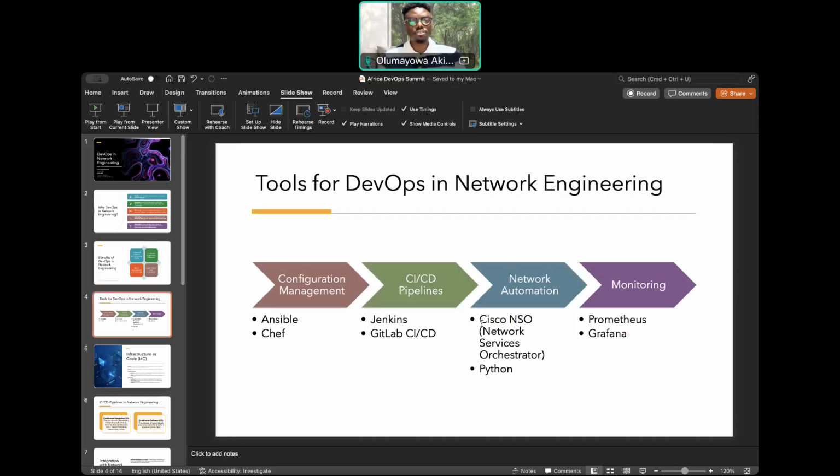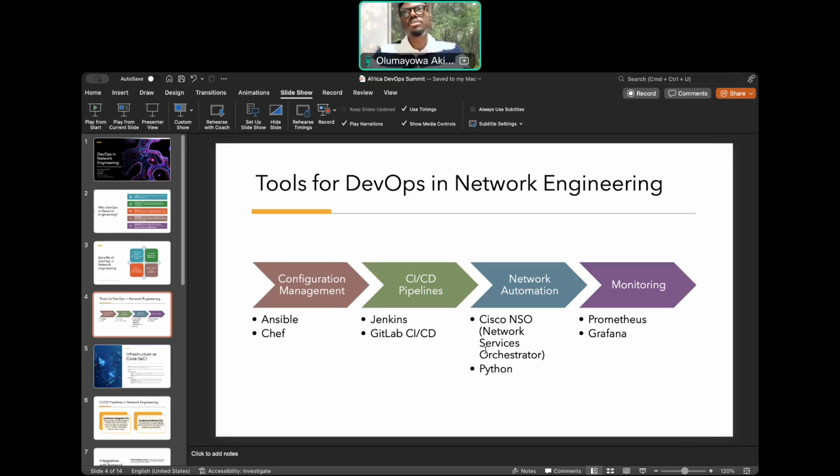So, just to quickly talk about the tools for DevOps in network engineering. For configuration management, we use Ansible and Chef, which I'm sure a lot of us here today are quite familiar with within the DevOps space.